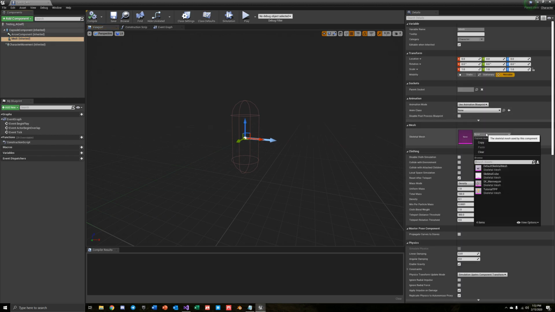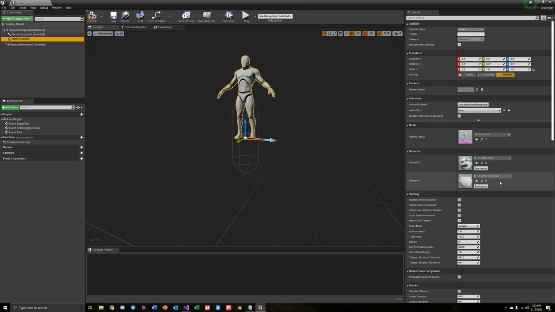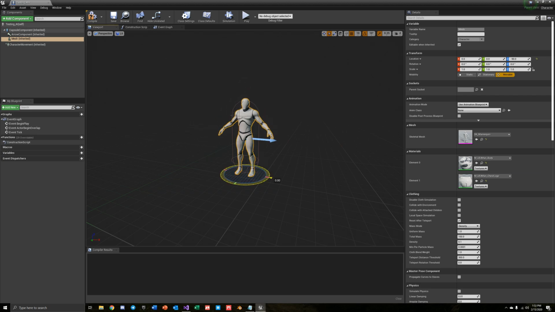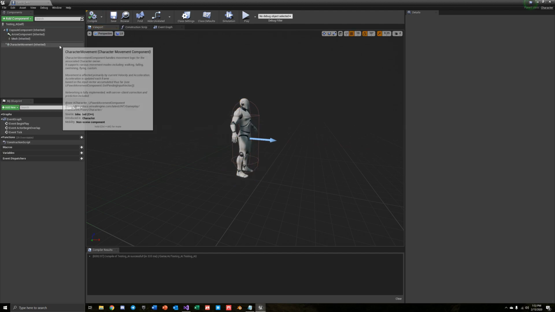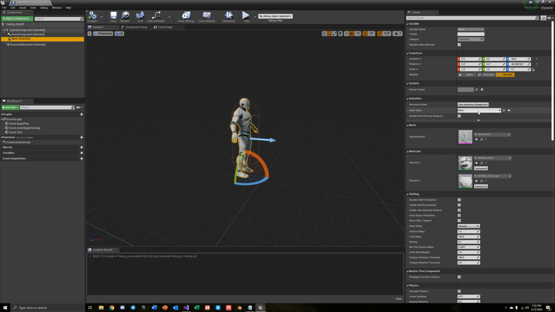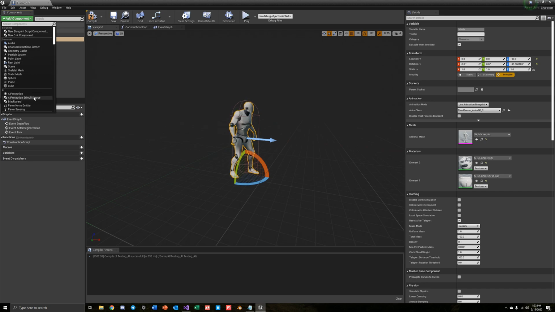I'm going to set the mesh over here to the SK mannequin. We're going to drag that down 90 units. That should be 90. And rotate it 90 degrees. We're going to compile. On our mesh, I'm going to use third-person NMBP, and we're also going to add